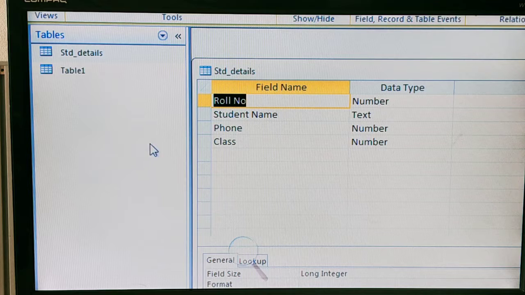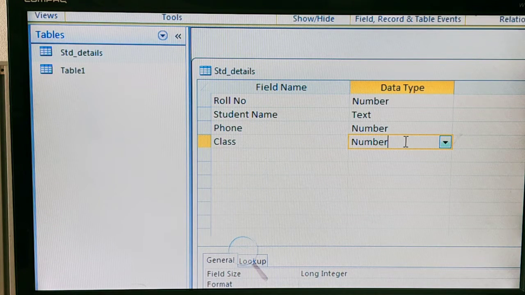Now I have a question. Suppose this table is related to only one section or one class. Suppose the student details table is created only for the 10th standard students, then the class field has the value number 10.